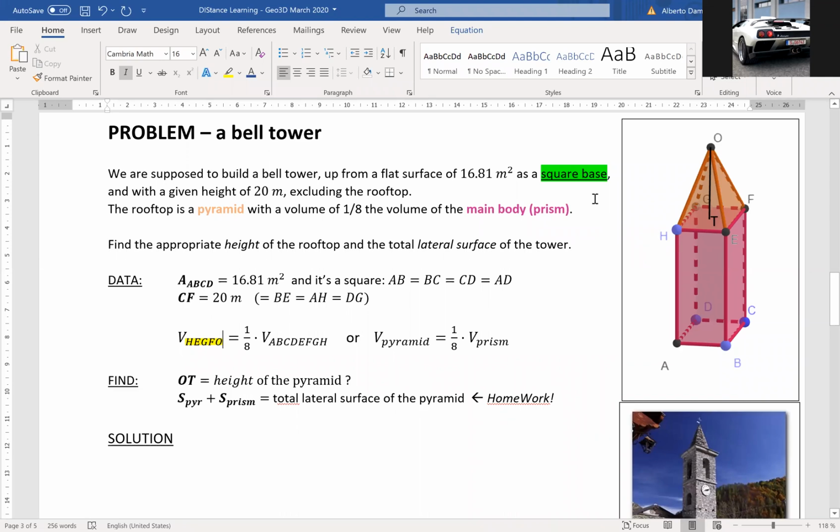While for the prism, I'm using the name A, B, C, D, E, F, G, H, because those are the 8 vertices that constitute my prism. That's a unique way to identify a prism or an object that we are talking about. And I recommend that you use this notation or some sort of notation to distinguish between different volumes, because this